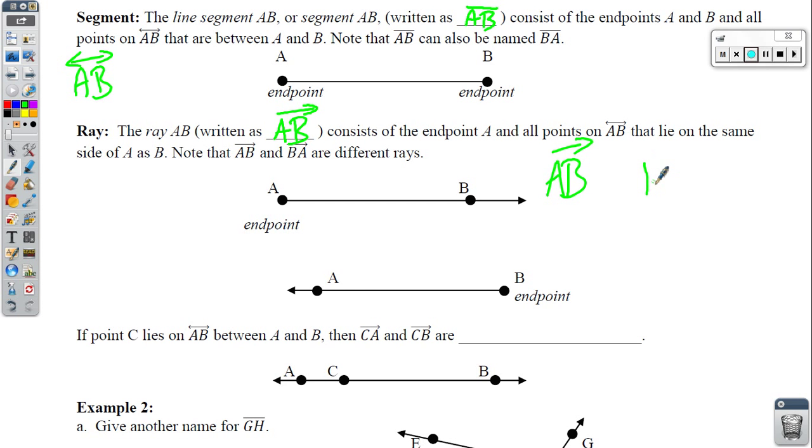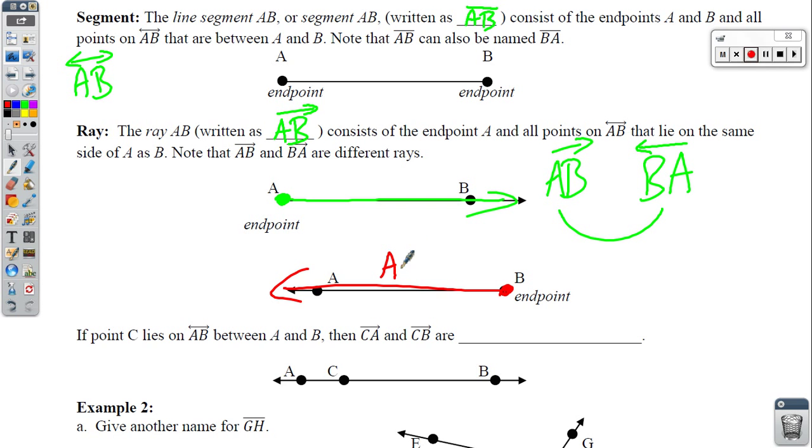It could also be written like this, but if we do that, the arrow needs to go in the opposite direction. That's because for this first one, the ray starts here at A and then points through towards B. So in our notation, with these two here, the arrow needs to start at A and point through towards B. If we have the ray going the other direction, where it starts at B and then points through towards A,